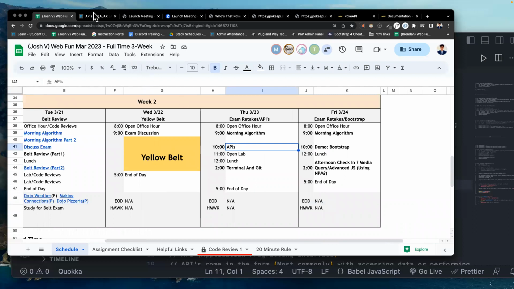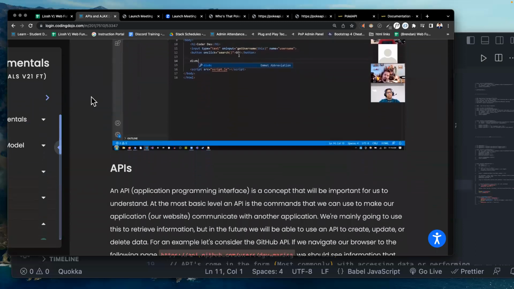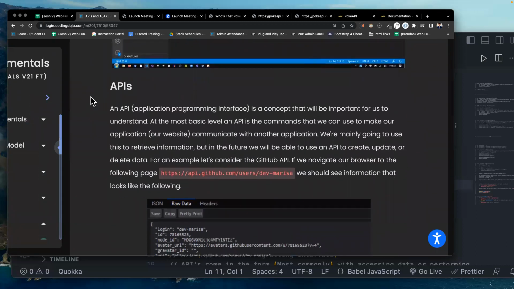And as usual, you guys are free to interrupt me as I'm lecturing if you have any questions so that I can address whatever questions we may have. Okay, ignore what it says here. Okay, who can tell me what an application programming interface is, what it does? Can someone give me an analogy?